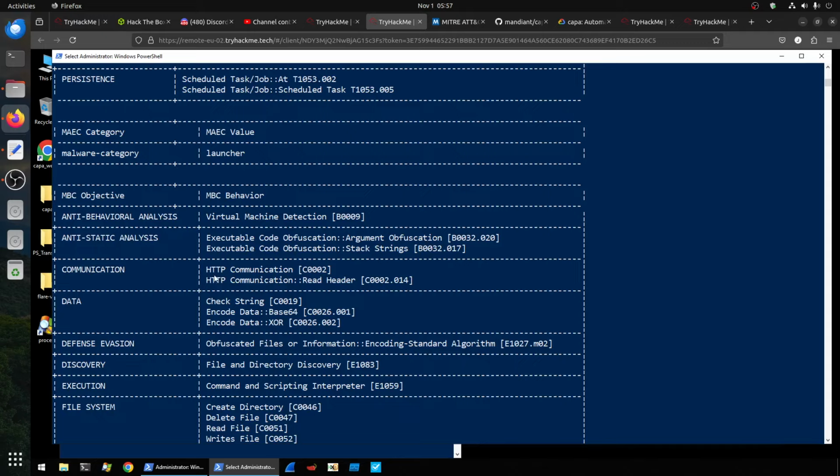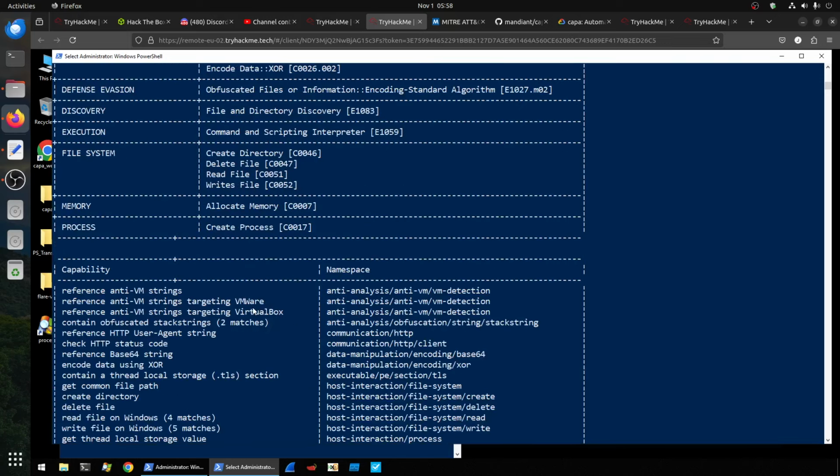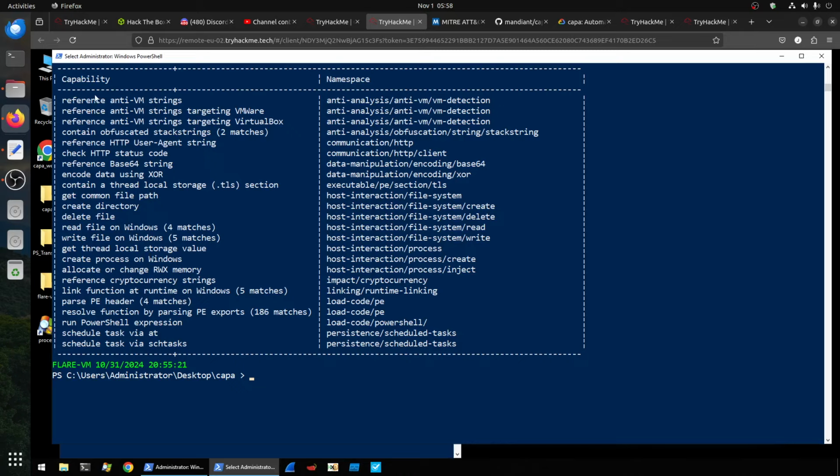And then you have communication, how the malware can connect. For these things, we can see it's communicating over HTTP. It has encoded data. Usually, that's what they do. They try to hide data, encoding. Then basically these are things to allocate memory, process it, create a process too. Then we come back to the last part, which is the capabilities, and the namespaces. This is part of how CAPA